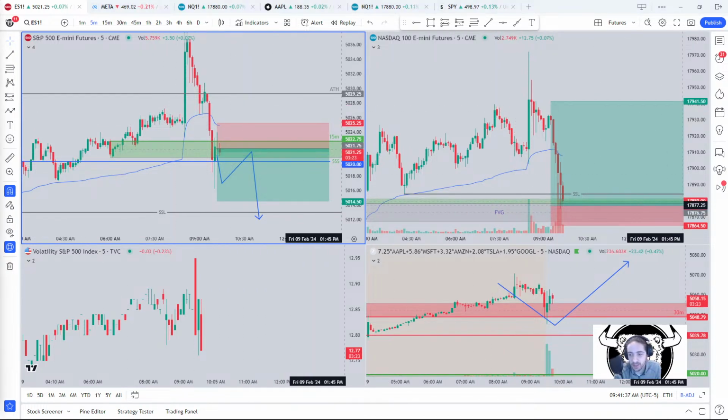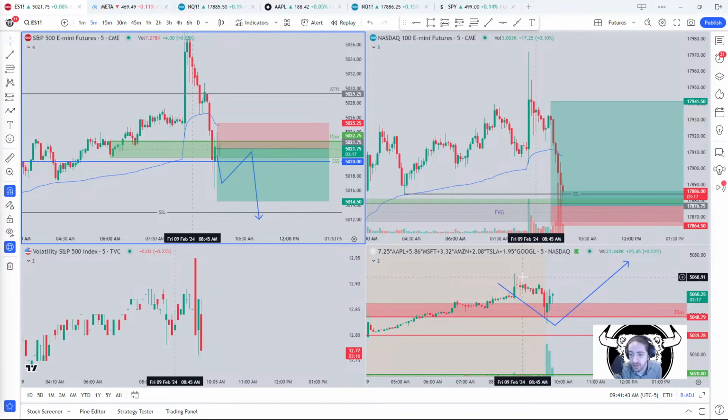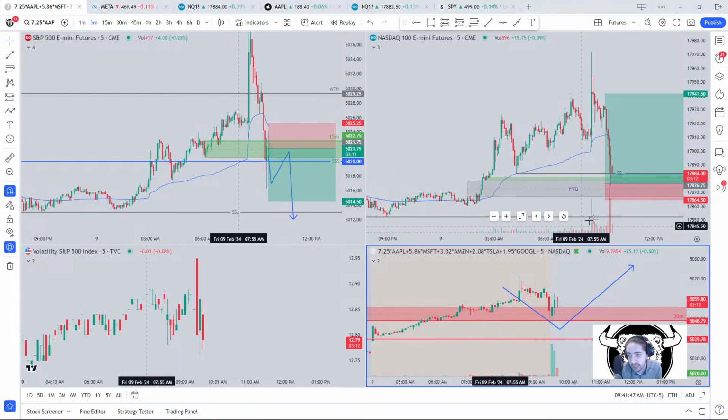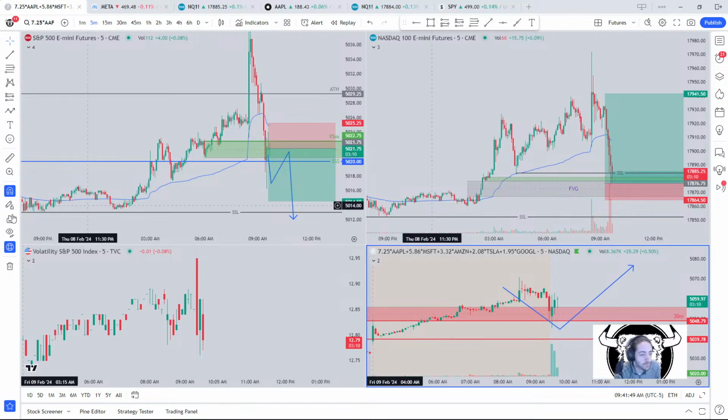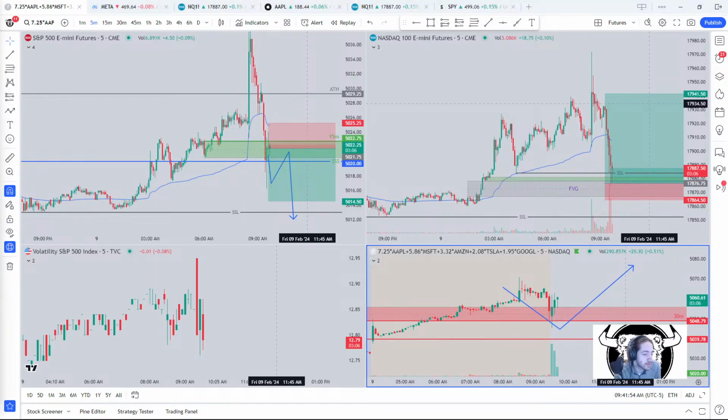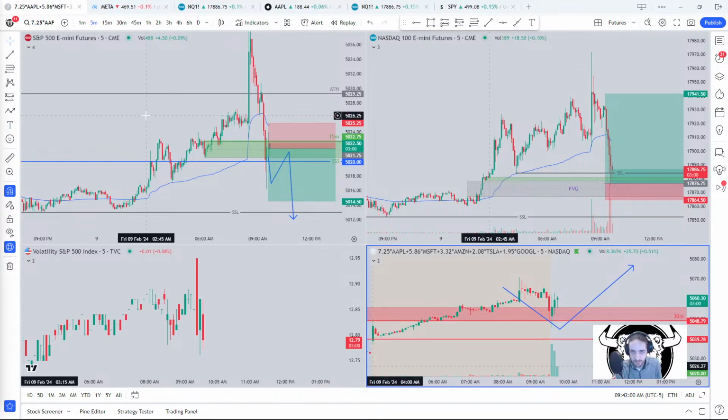So I'm staying patient on this trade. I am following my NASDAQ plan. The weighted indices do still look like they're trying to push green, which is also a confirmation of the bulls. I'm just staying patient. I have my stop loss below the fair value gap. I know what I'm risking. I know what my reward is. That's it. That's how every trade should be. Every trade shouldn't be emotional. No trade should be emotional.